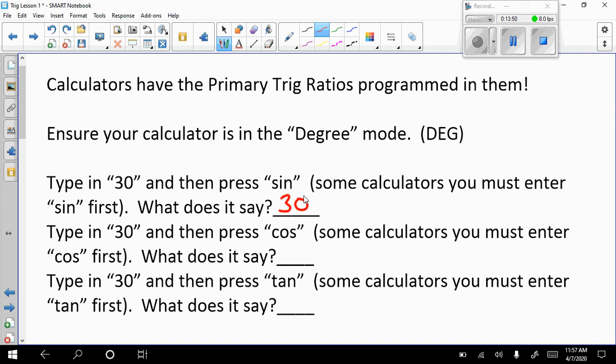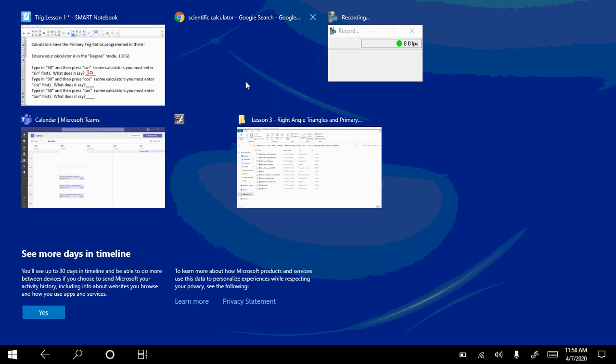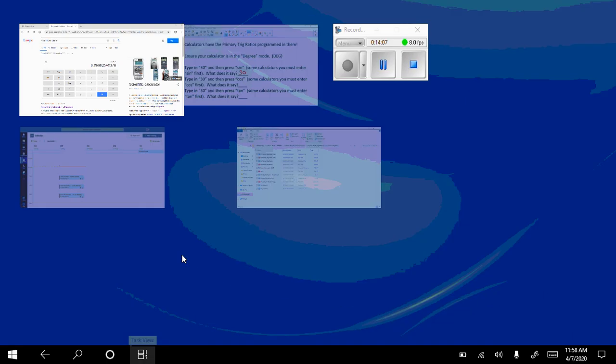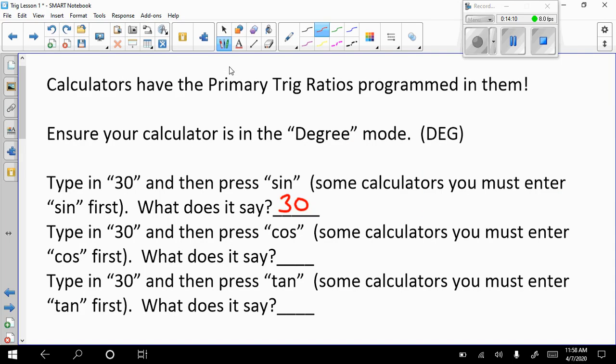Okay, I'm going to do the same thing again. I'll do it correctly this time for cos. And so I'll go back to my calculator. I am going to clear it. I'm in degrees. I hit cos. I hit 30. And I hit equals, oh, 0.866. So here we go. Sorry, I did that incorrectly. It should say 0.5, my apologies. And here it says